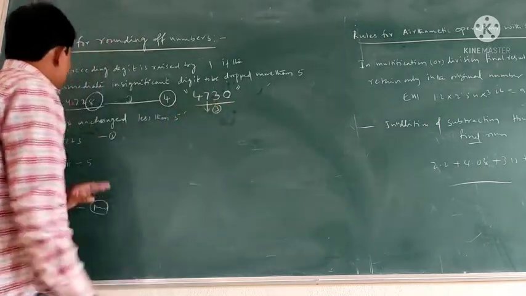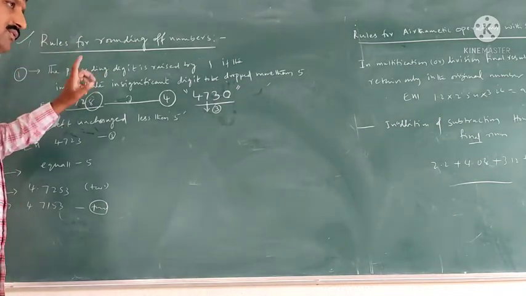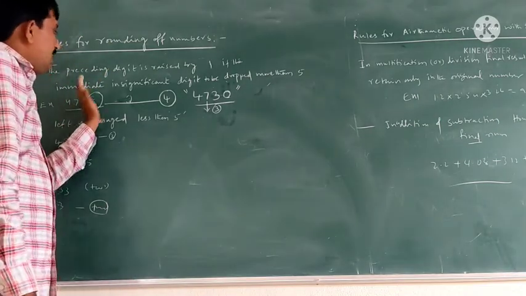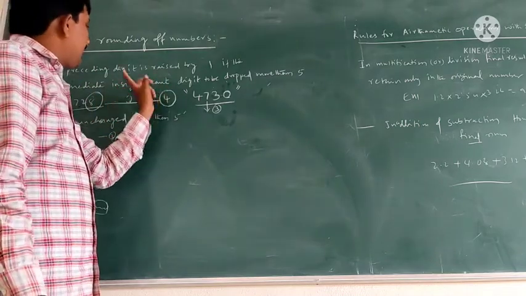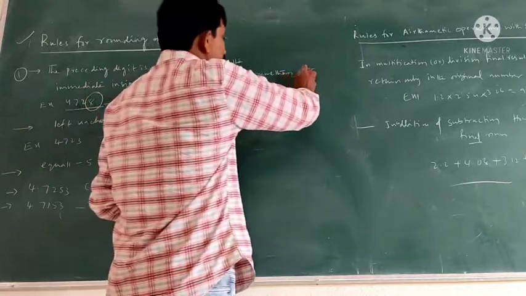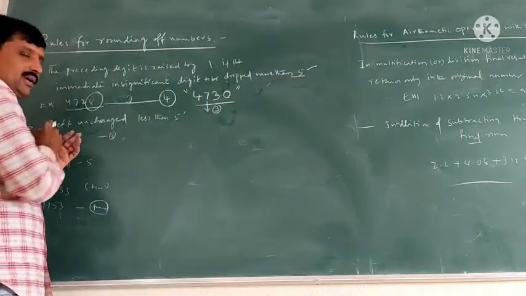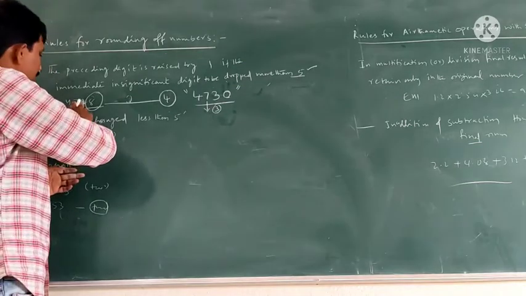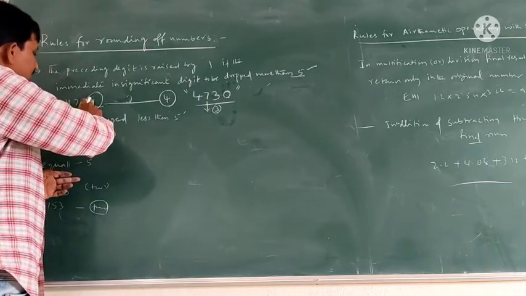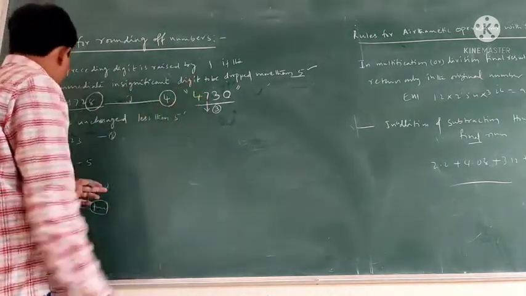3. So for rounding of significant figures, the first rule: if the immediate dropped number is more than 5, we add 1 to the number before it. Here the 8 is more than 5, that's why we add 1, that is 2 plus 1, 3. So next one,